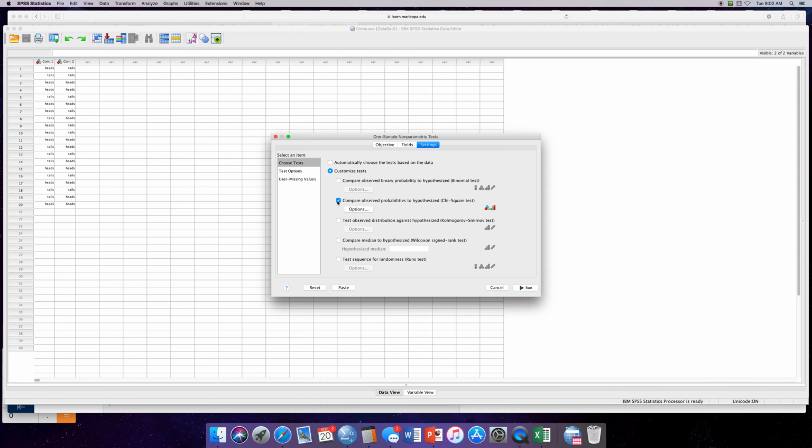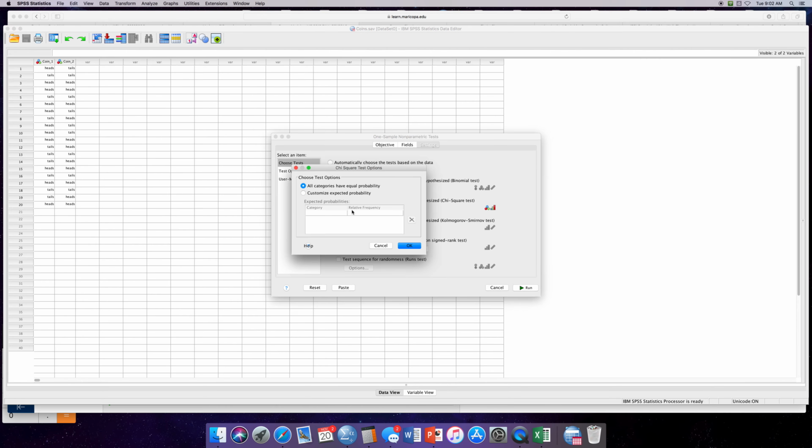There's different ones that you can run as a non-parametric test. The binomial one, I'm not even going to try to attempt this, the Kolmogorov-Smirnov test. Wilcoxon, that's another big one, but right now we're just going to use the chi-square. Just double check your options here. Yeah, all categories have equal probability, because with a coin, as long as we're saying the null hypothesis is there is no